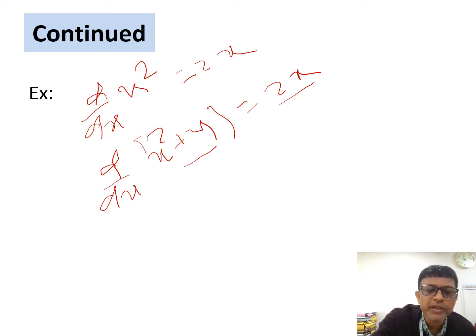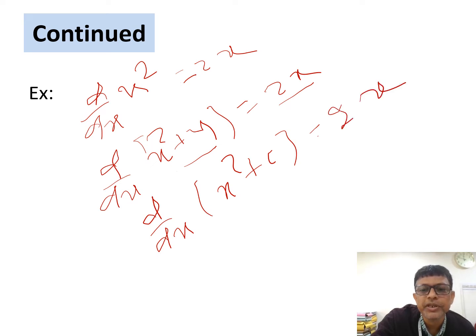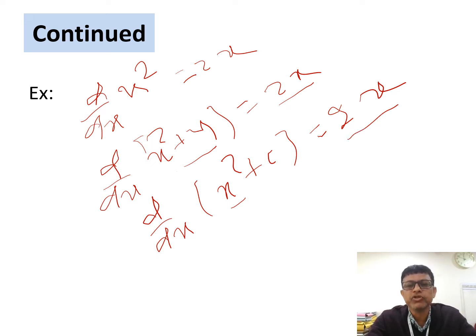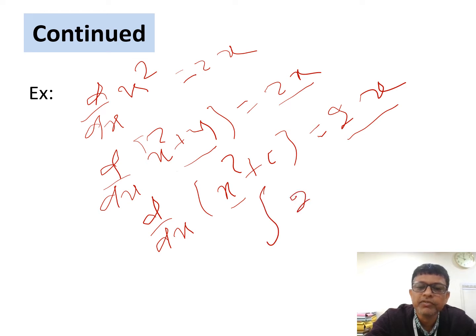But if you take the derivative of x square plus c, one arbitrary constant here, then also we can say that the integration of 2x equals x square plus c. Here the arbitrary constant is c, and the derivative of the arbitrary constant is 0, and the derivative of x square is 2x. So we can say that the derivative of x square plus c equals 2x, and so the integration of 2x you can take as x square plus c. Don't add any particular value for c. That means integration of 2x dx equals x square plus c.